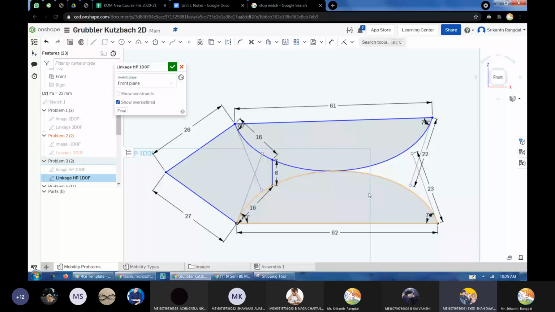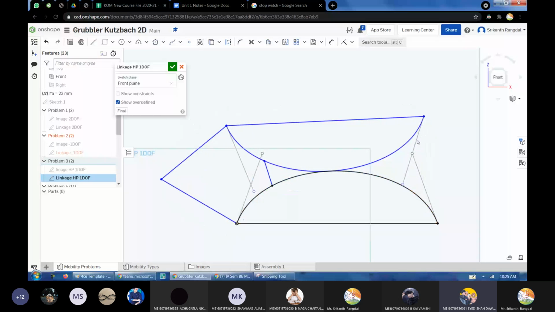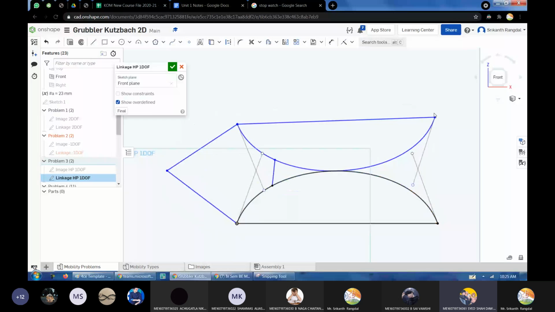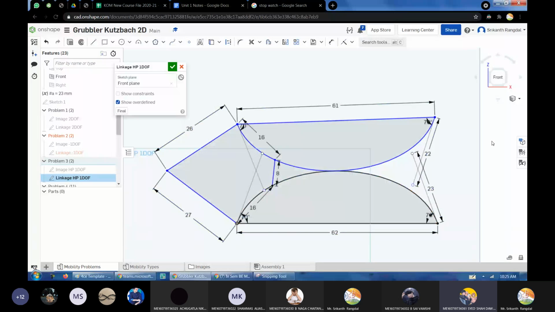Can you repeat those links and joints again on the screen? It was more understandable when you showed this here. Okay, I'll repeat it once again. Last 5 minutes are there anyway. So don't consider these lines as links. Fine, that is the first thing. These are just the tangency lines which are defining this particular curve.